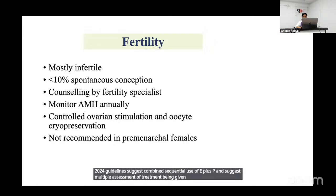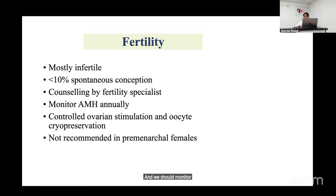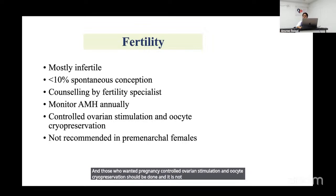Most Turner syndrome patients are infertile. Less than 10% have spontaneous conception. Counseling should be done by fertility specialists, and we should monitor AMH annually to check fertility. For those who want pregnancy, controlled ovarian stimulation and oocyte cryopreservation should be done, and it is not recommended in